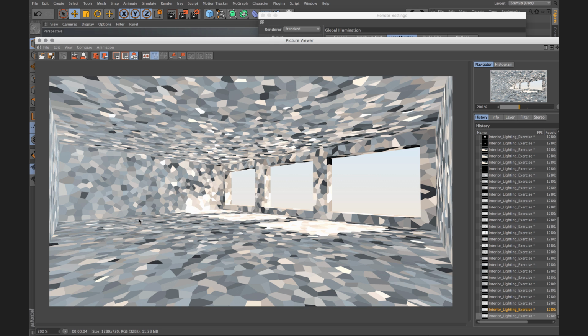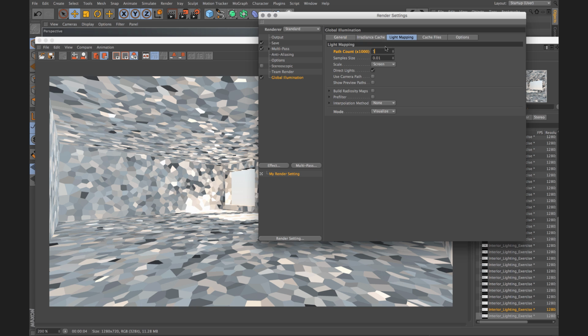So as you can see, this renders quite fast, and now you can see why this problem occurs, because we have a lot of different colored samples right here in our scene, and this is a fairly inaccurate method to calculate the light distribution. So when we turn that back to about 5,000 times 1,000 and visualize that again,